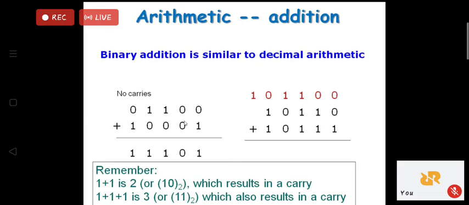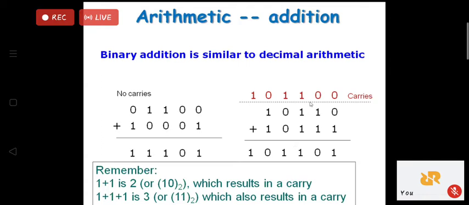So up till now we have discussed this, and then we have seen that the red row is nothing but the carry. Since the earlier bit was not existing, by default I have written the carry as 0. I want to add 10110 plus 10111. So how will the addition take place? As I said, the earlier carry was 0, so 0 plus 1 is 1. Since there is no carry, I have written 0 over here. Then 1 plus 1 is 0 with carry 1. So I have written 0 over here, and I have written the carry as 1.